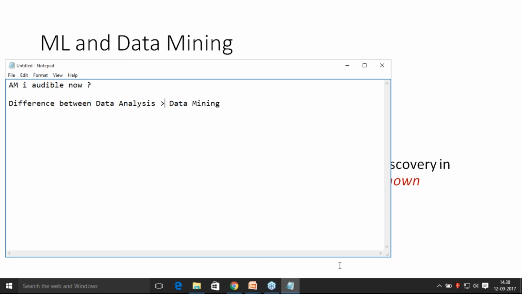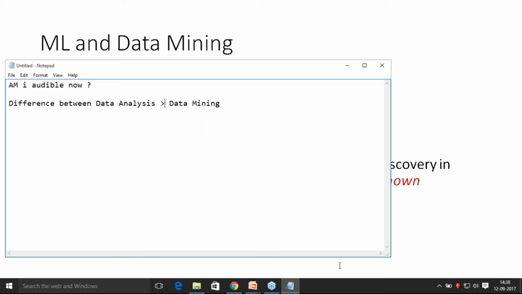Once the outcome of data analysis is yes, this data contains a lot of patterns, then I mine that data for the patterns or the knowledge which I am interested in. Based on the knowledge which I get, I write an algorithm which can use this knowledge to predict something,